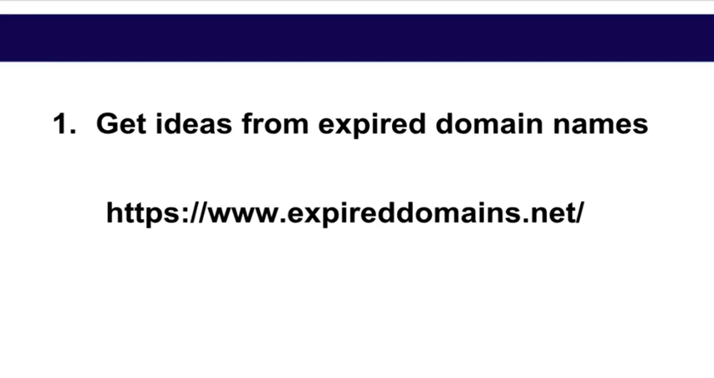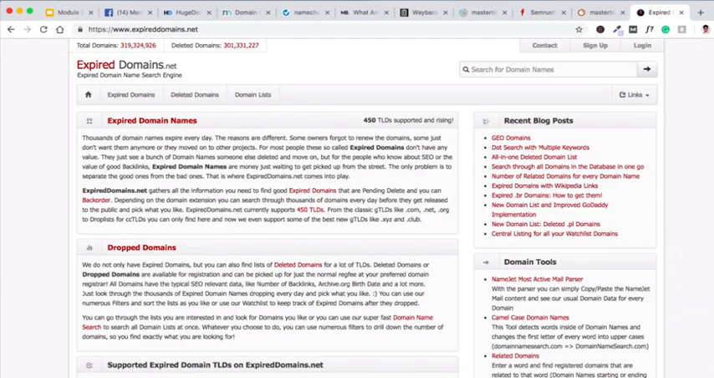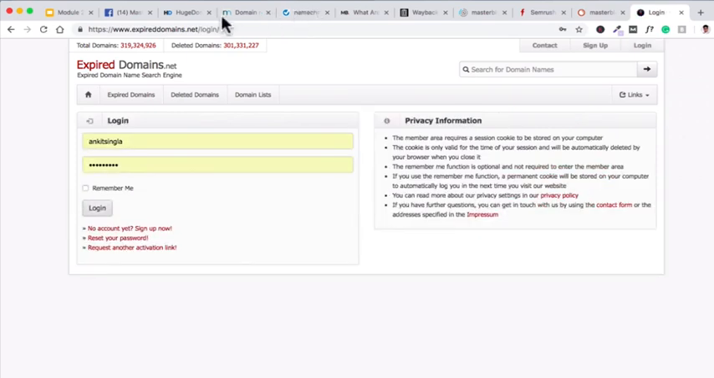Idea number 1, get ideas from expired domain names. There is a website called expireddomains.net. Let me go to the website, expireddomains.net. It's a free tool, it's a free website. Go to the tool, create an account, log into your account,